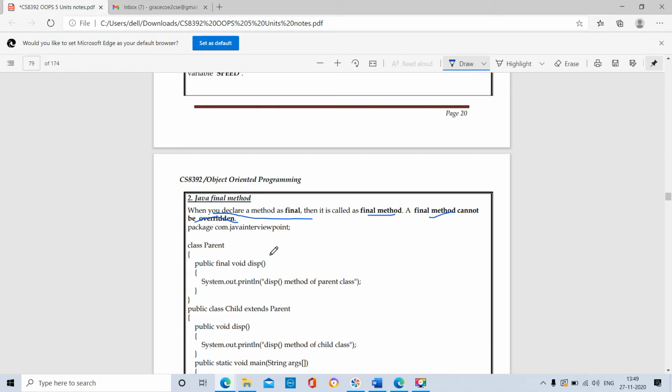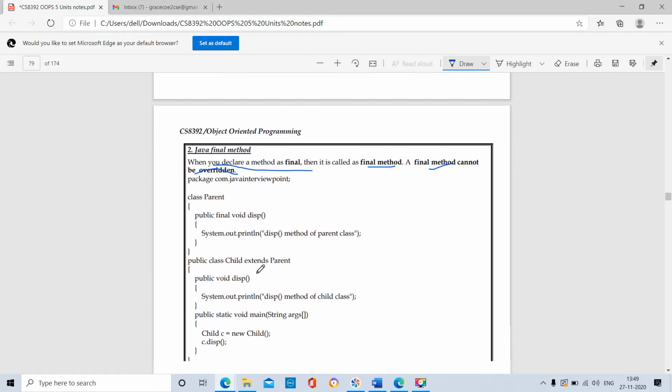But whenever we use the final keyword before the method name, that particular method can't be overridden in the further subclasses.